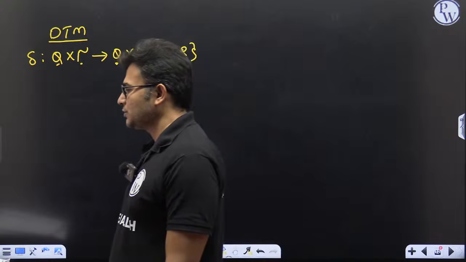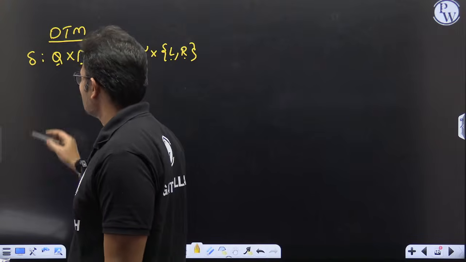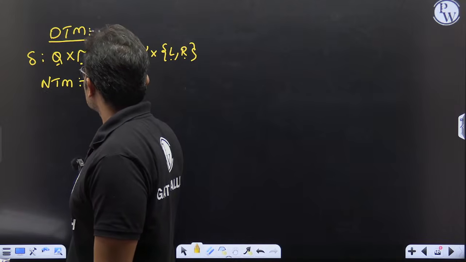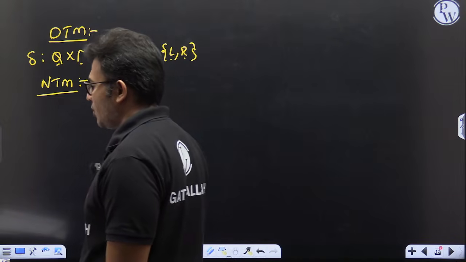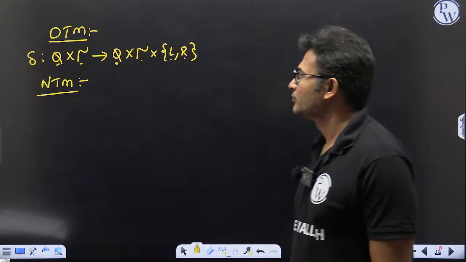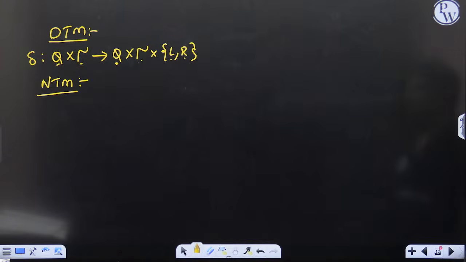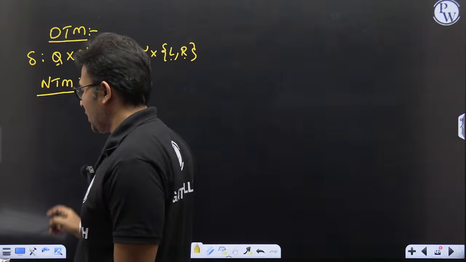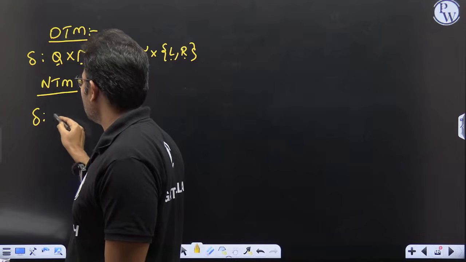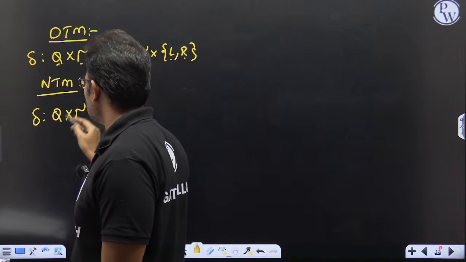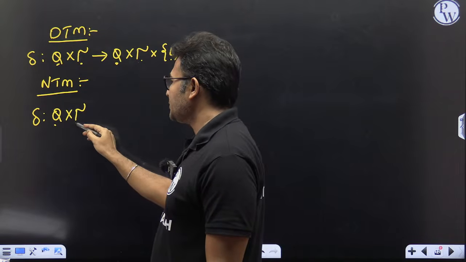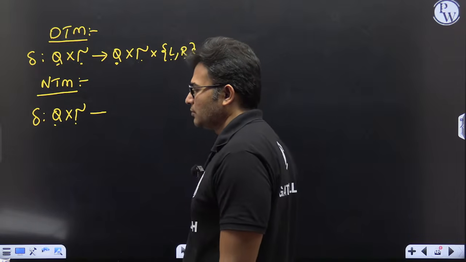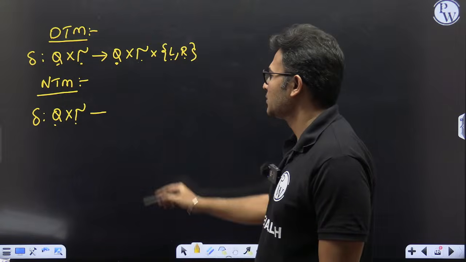Now the other one is the non-deterministic Turing machine. Now how does a non-deterministic Turing machine look like? Delta is Q cross Tau, which means if I am in a state and if I see some symbol in the tape alphabet,